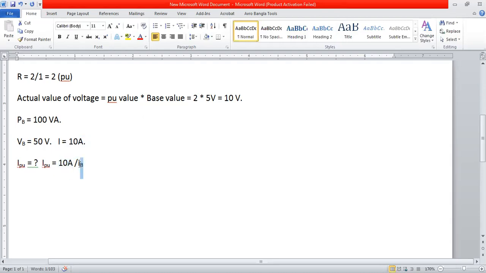Now the base value of current. So we have to calculate the base value of current. What is the base value of current? The base value of current is not given in this question. There is no base value of current, so we have to calculate it. How can we calculate this? We know that IB is the base value of current. So if we want to calculate the base value of current, then that should be,